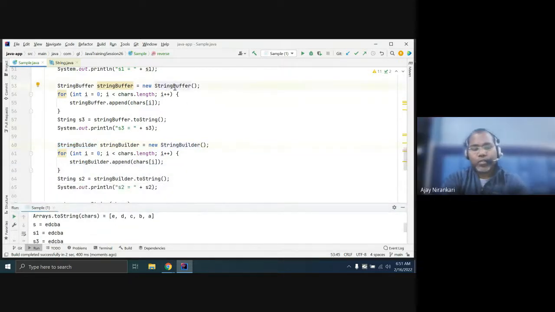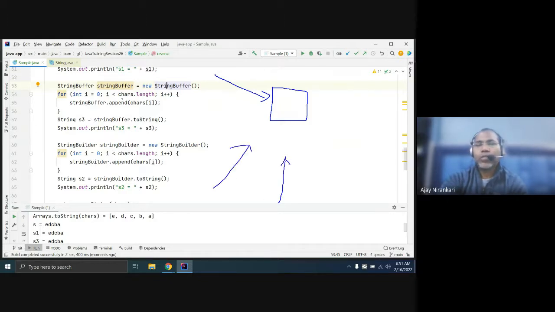So what is a synchronized class? Just assume, whenever you write a class, it is accessed by only one thread at a time. If multiple threads are running in an application, they wait. They cannot use this class.